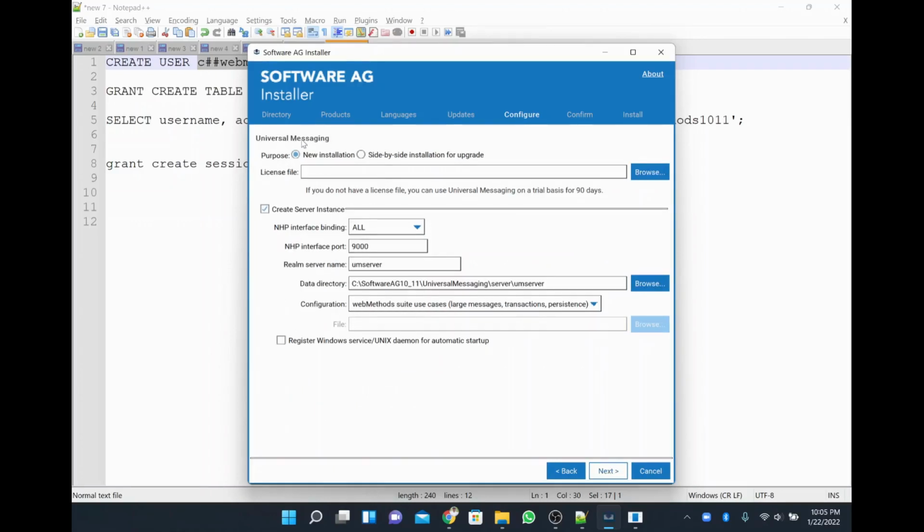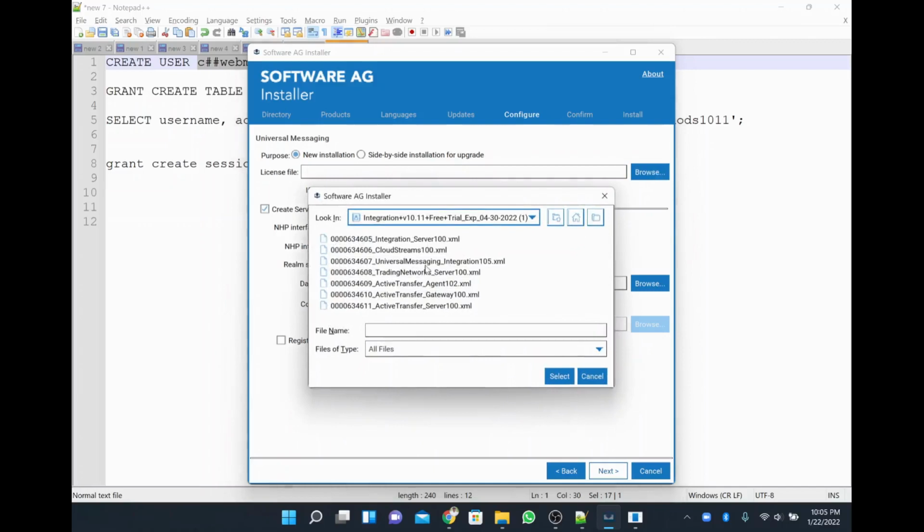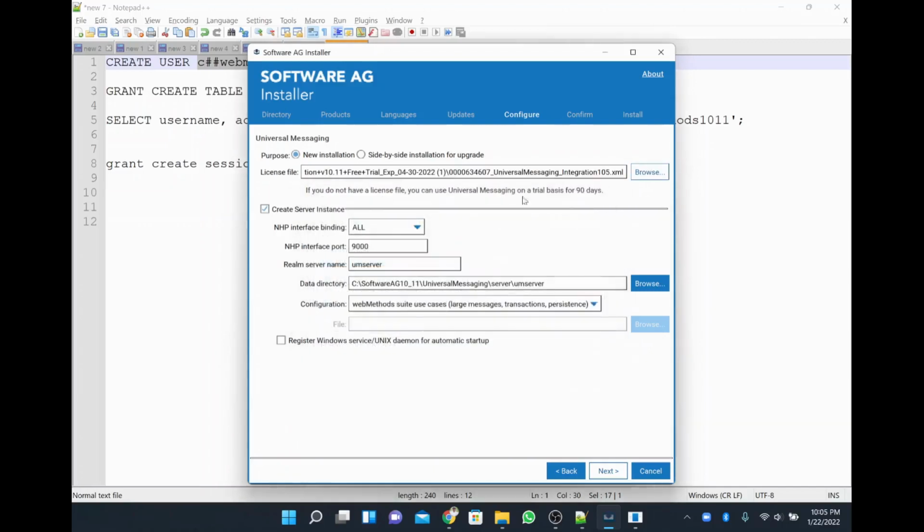Universal messaging, also new installation only, and I'll browse it. The license files, I'm choosing it, and then create a server instance, and it's saying all, and then there's a port which is a default port 9000, and this is the place we are installing all the components, so that is coming there. And web method suite use cases, large messages, transaction. Yeah, so I'll just go with the default option,